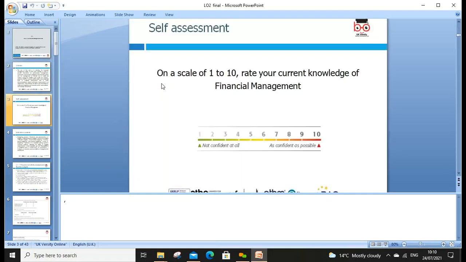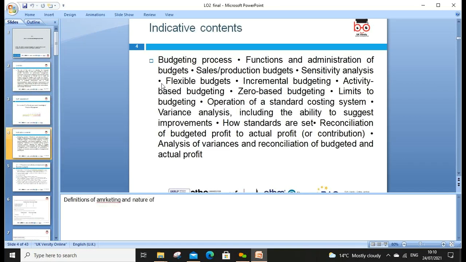So first of all, it is always good to reflect on how much we know about financial management. On a scale of 1 to 10, what do we think now? 6, 7. Good. And in today's lesson, the indicative content of what we are supposed to learn: the budgeting process, functions, administration of budgets,